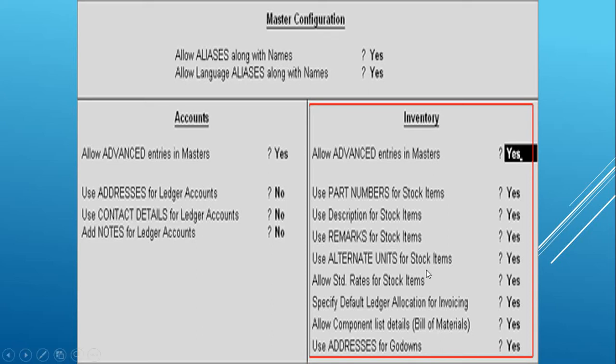Use alternate unit for stock items. This option is enabled if a company is using different units of measure at different times.